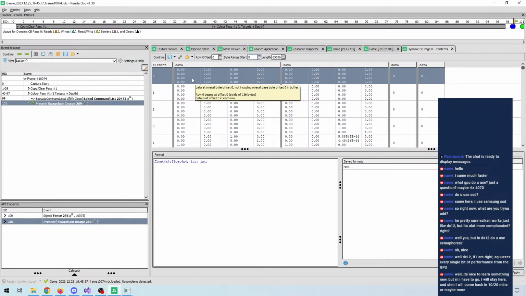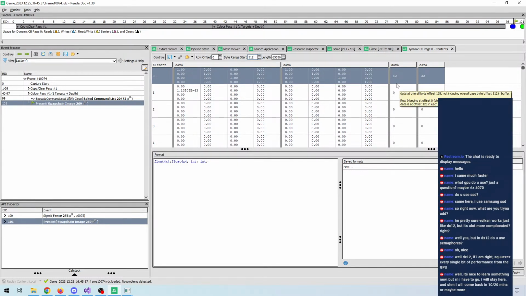Yeah. Let's do 512 here. All right. So we skipped the first two constant buffers that were stored in memory, meaning that we now have the third one, which has an identity matrix,